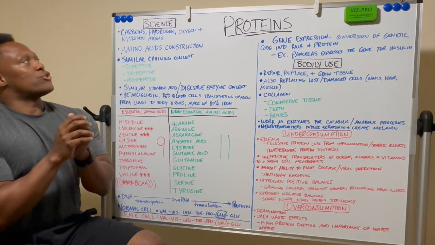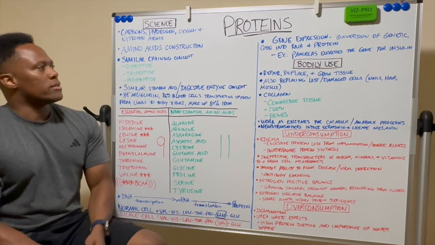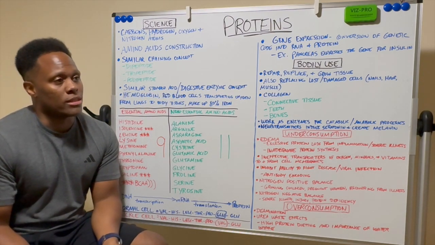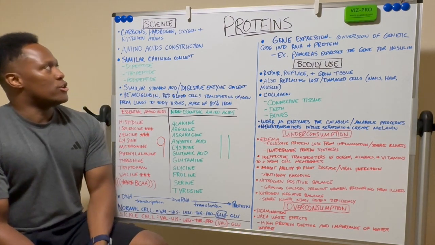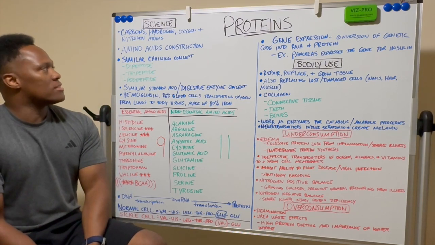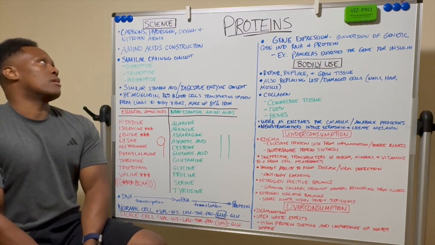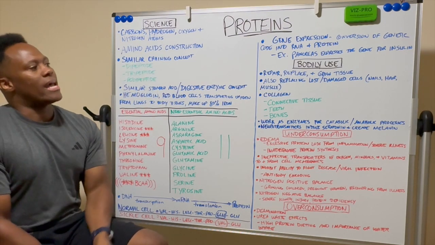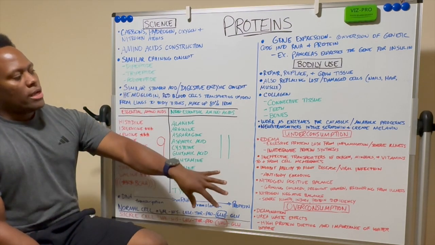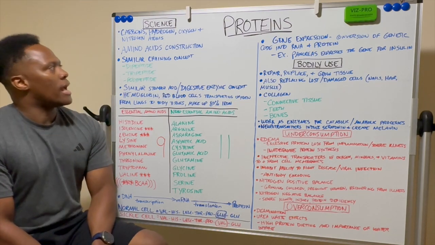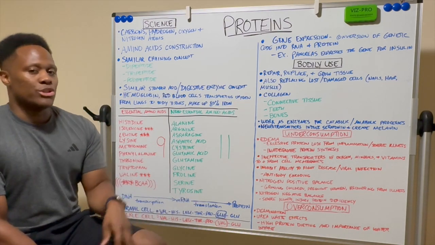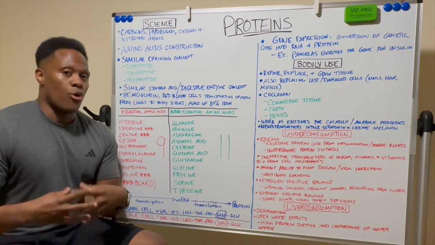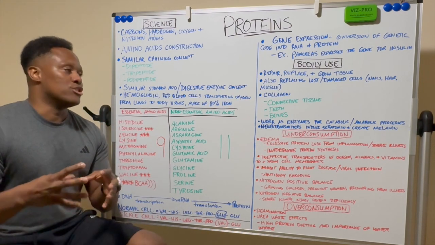So I want to go ahead and get started with the science a little bit. Carbons, hydrogen, and oxygen, just like with the carbs and fats, those atoms do still exist, but there's an extra one here. I believe I mentioned it in my carbohydrate video. Nitrogen atoms are added in proteins. Now that'll come into play a little bit later. And mind you, I know there's a lot on this board, so I don't want you to look at the board and get overwhelmed. I'm going to break this down point by point, so just try to follow me.